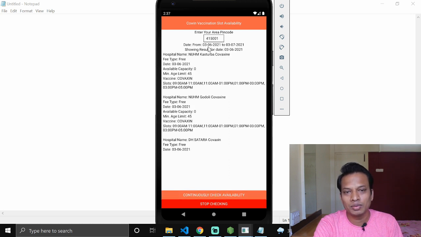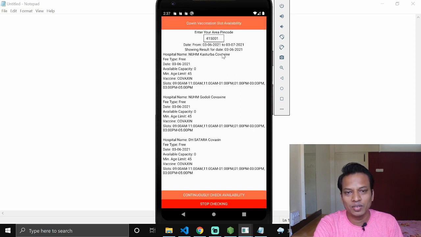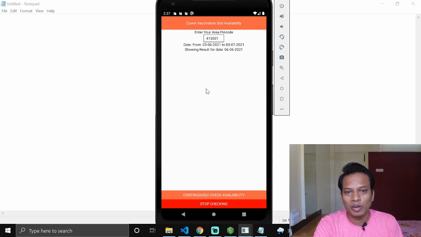So I'm checking this for my zip code and it has started checking. You can see it is showing results for date. Now today is 3rd June 2021. So it is showing the vaccine availability for that day. After 1 minute, it will show the vaccine availability for other dates also. So after some time, I'm checking this application. Now it is showing me the vaccine availability for 6th of June, and as we can see there are no vaccines available, otherwise we would have gotten the notification. Likewise, this will check the vaccine availability for the next 30 days and you will get the